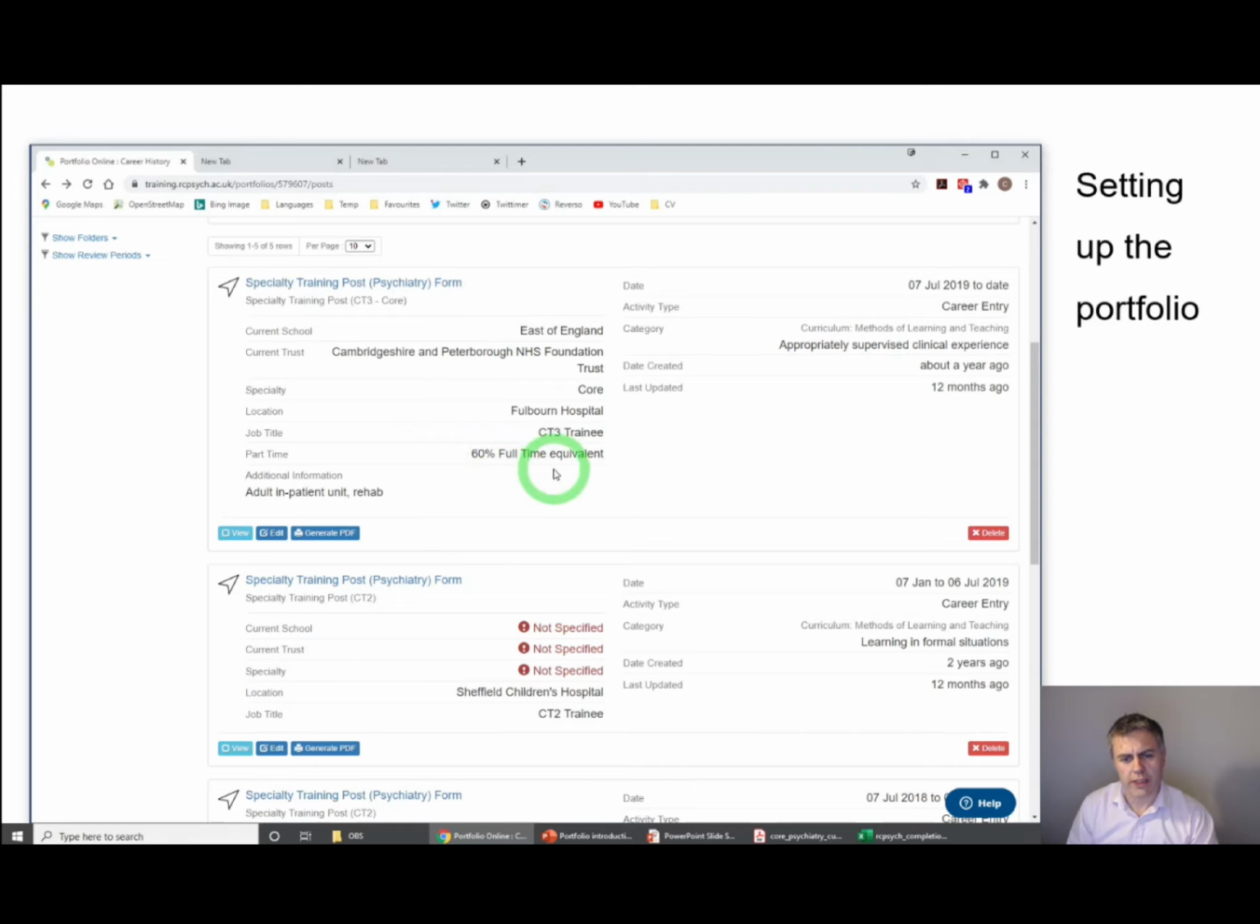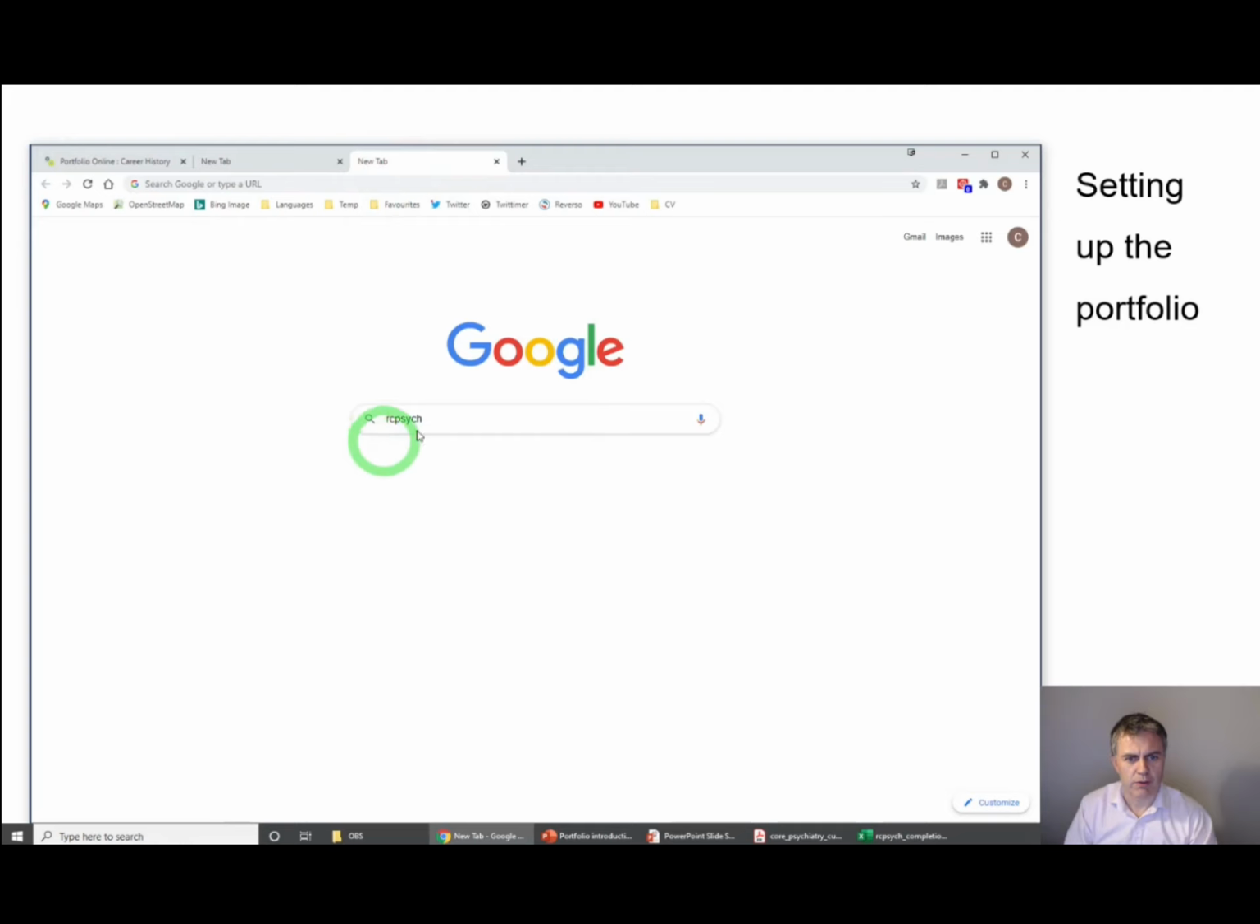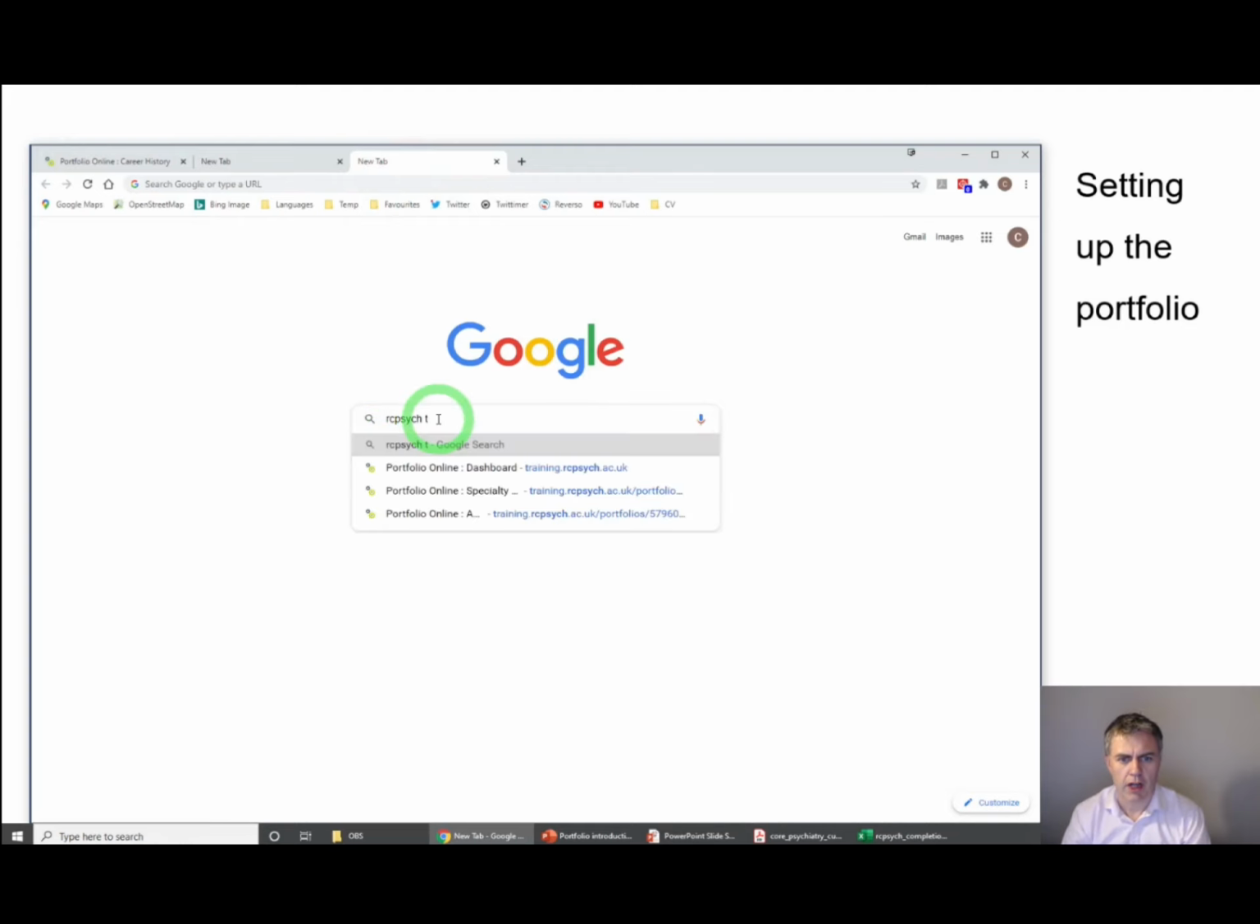That's not always the case if people have complicated routes through training. So if people have varying amounts of full-time and part-time training, if people have time out of program for out-of-program experiences or parental leave, then things can get rather more complicated. In which case you may well want to add to your portfolio, and I'll show you how a bit later, the Royal College Time and Training Calculator. Now that's easily found. Just go to Google, Royal College of Psychiatry Time Training,